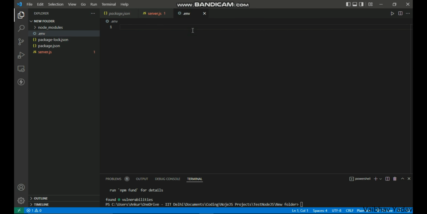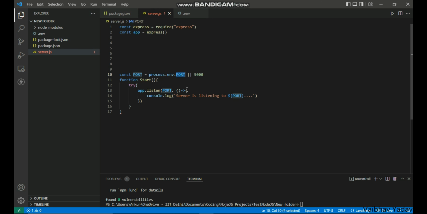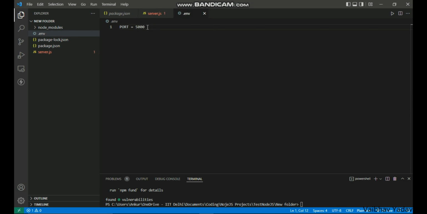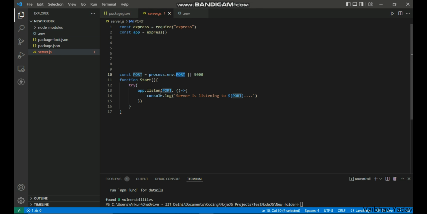So let's create a port. It contains plain text format. So just define it here. So the port variable will be fetched from here,